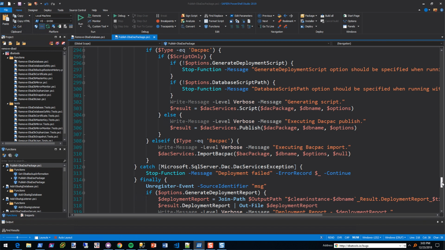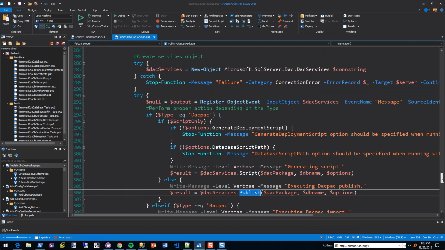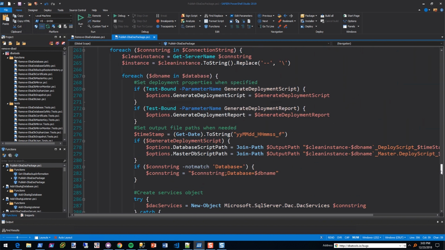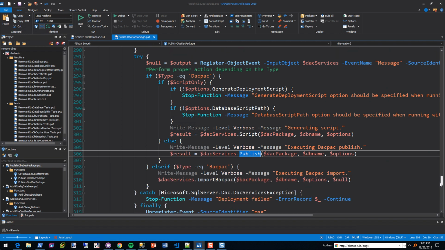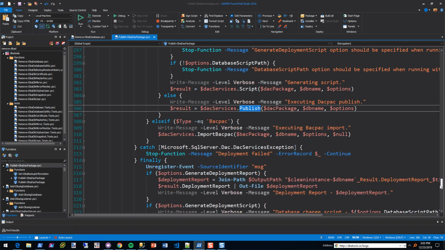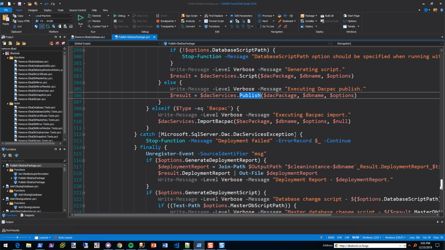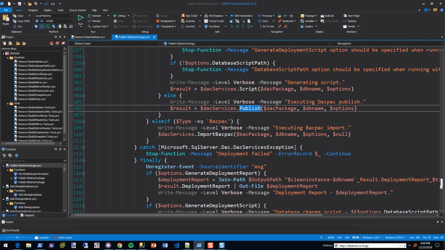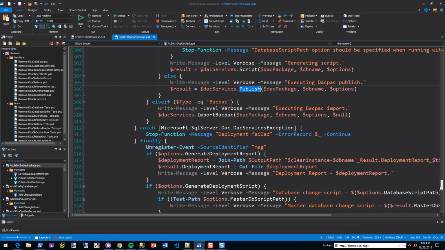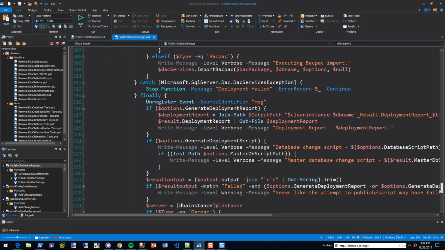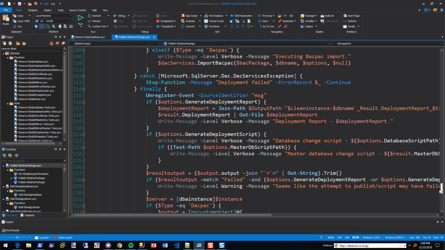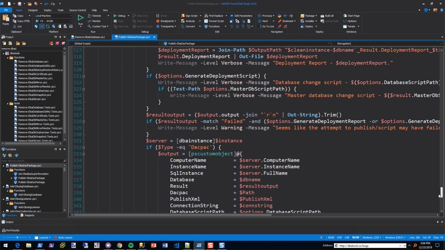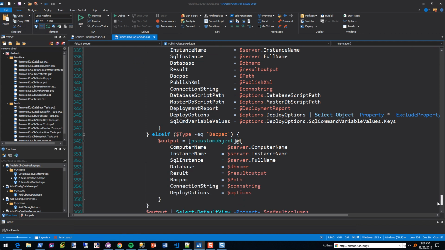If you're executing the DAC pack publish, the thing is that this feels like it should be writing to the server. Either way, I'm going to throw a WhatIf around it. All right, because look, deployment failed. So publishing will certainly write. Okay. Plus, it just sounds like it's going to write. There's your generation. All right, and then there's the output.